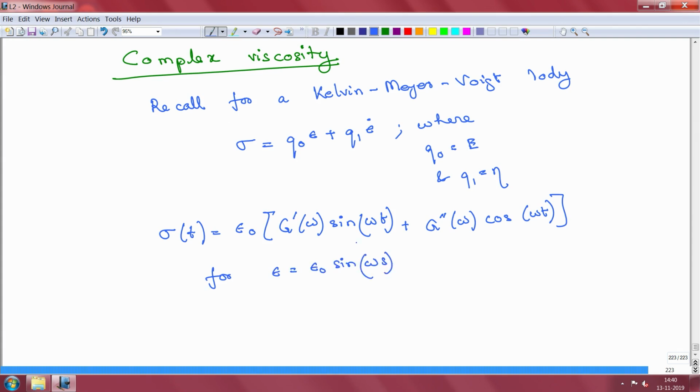Okay. We have already seen that. Now, epsilon dot is equal to epsilon naught omega cosine of omega t. So, this implies that my stress is